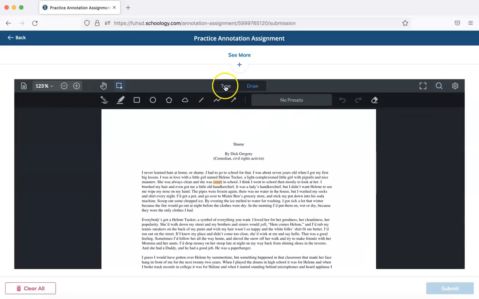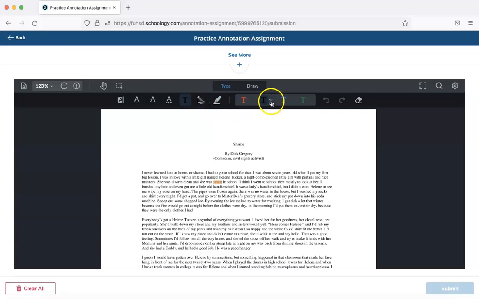You'll notice that there are two different types of things you can do here. You can type or you can draw. Under the typing, you can highlight things, you can underline things, you can do a strike through which crosses out words, and then you can do a little squiggly underline, which is kind of neat. This lets you create a text box, so you can draw a text box and then type into it, change the font, and drag and drop it anywhere on the document that you like. These two are the freehand, so you can freehand write and freehand highlight. That's completely up to you.